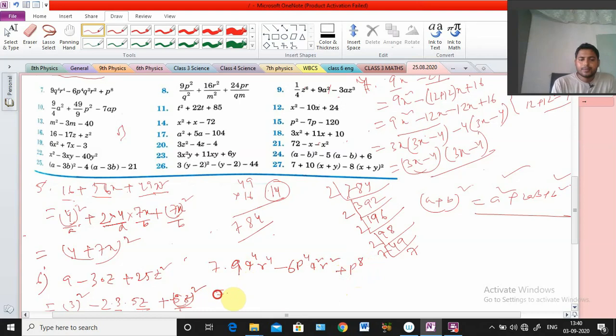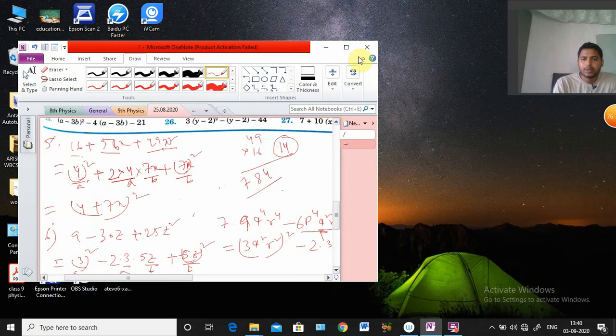So what to do, sir? Here 3 square means 9, no? That means 9 we can write as 3 square, and q to the power 4 we can write as q square, and r square, the total whole square we can write, sir, because 9 was there. 9 means 3 square, q to the power 4 means q square whole square, r to the power 4 means r square whole square. Okay, minus 2a means what, sir? A means 3 q square r square, that is a, and b, see here 6 is given in the middle portion. Okay, clear? Just a minute.